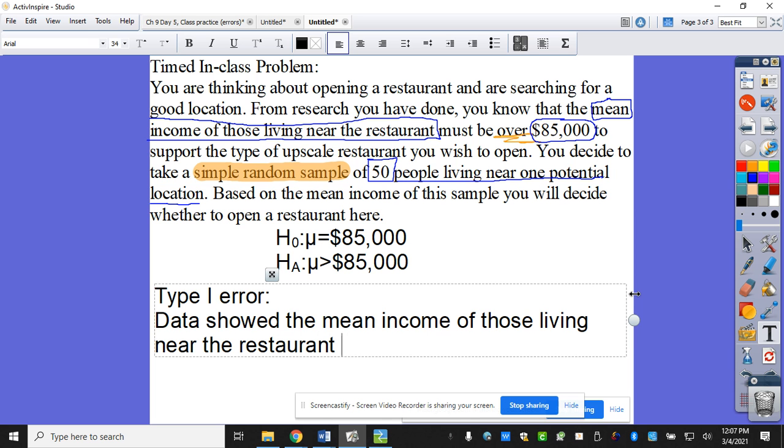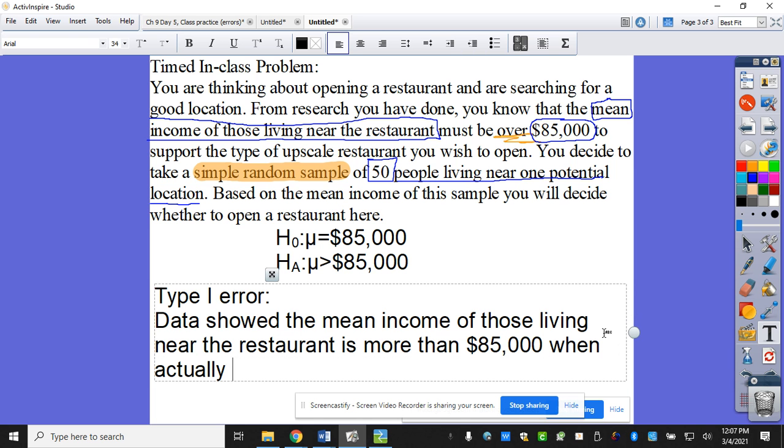Spelled something wrong there. Something like that. Is what? Because that one is the direction of the alternative. The data showed the mean income of those living near the restaurant is more than $85,000, when actually